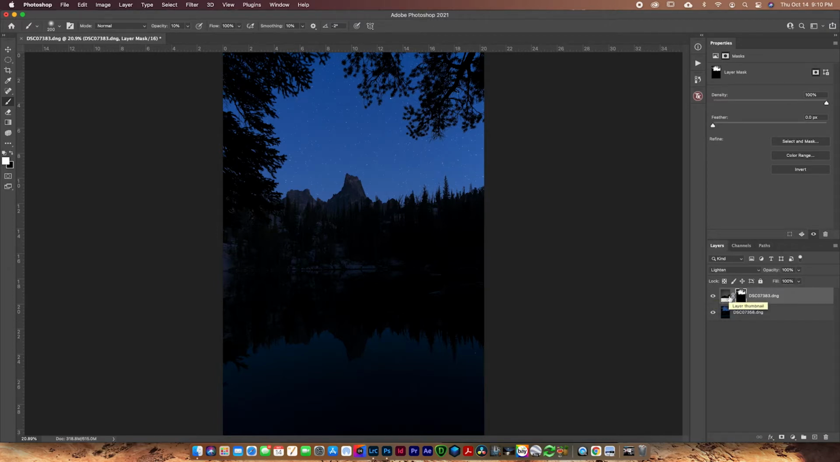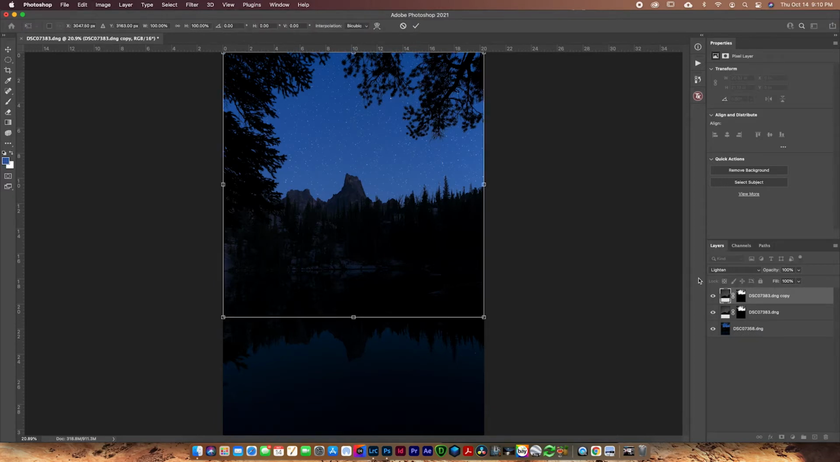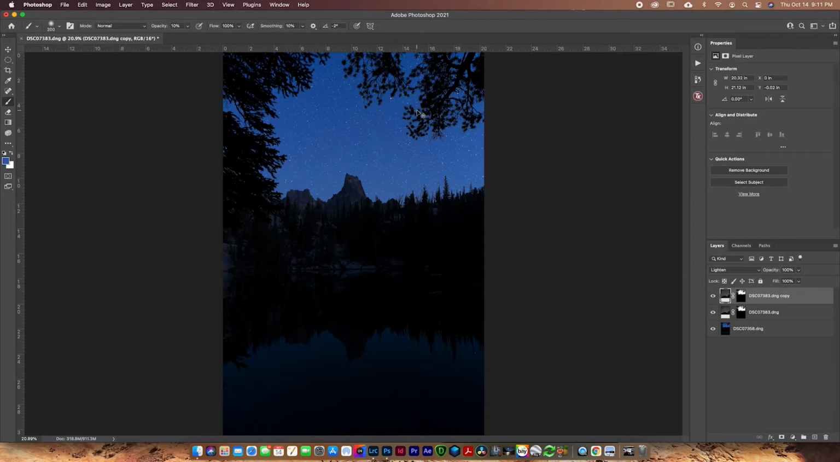Looks really nice. Now, if you want to go even a step further to make the stars brighter, you can even duplicate this layer, and you can go ahead and hit Command T to transform, and then just push up on the D-pad once and hit enter. Now when I zoom in here,